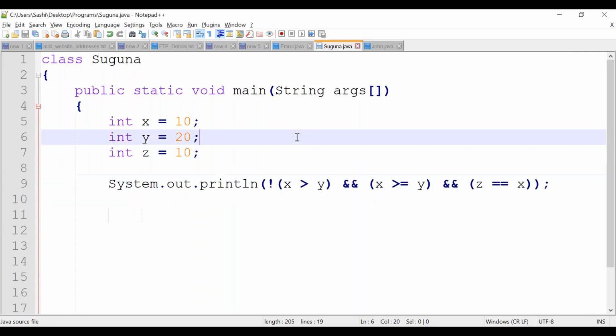See here, you can use either logical AND, logical NOT, or logical OR. Here we are using different operations as part of this program. You can experiment with it, you can play around with it, then you will be learning more things.